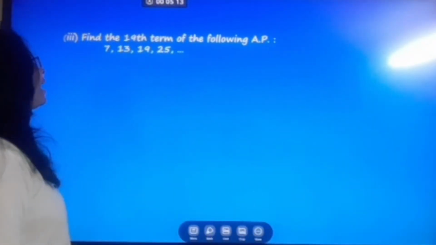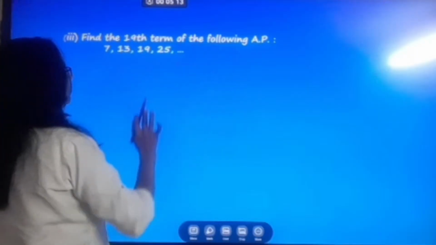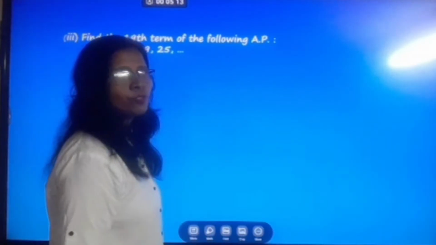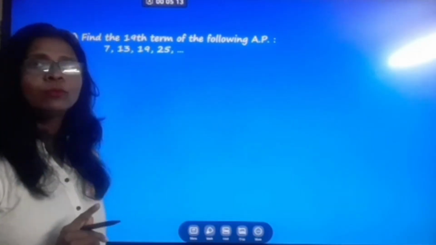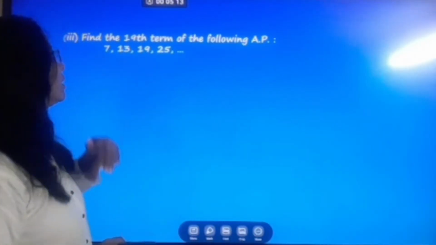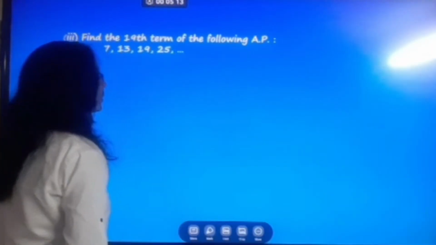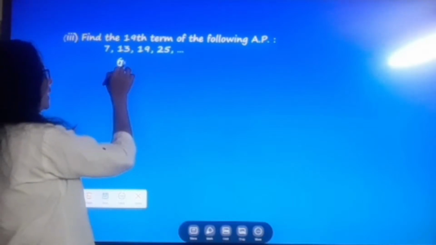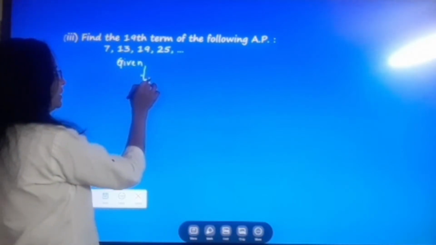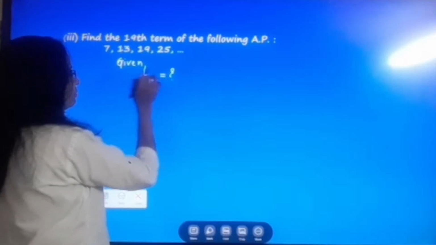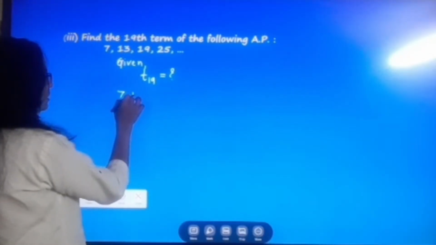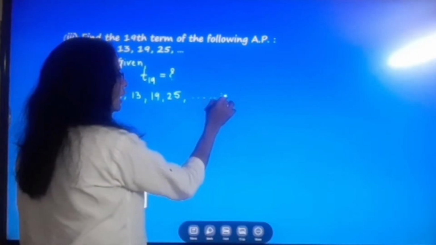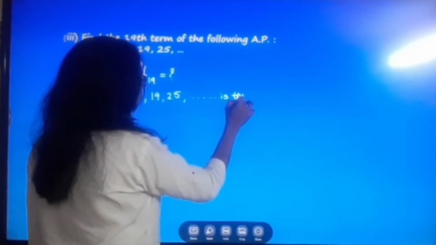Next one is: find the 98th term of the following AP: 7, 13, 19, 25, and so on. So now here, students, first we write down the terms, and then we have to calculate the T98. So first I write down the given: T98 is equal to question mark, and 7, 13, 19, 25, and so on is the given